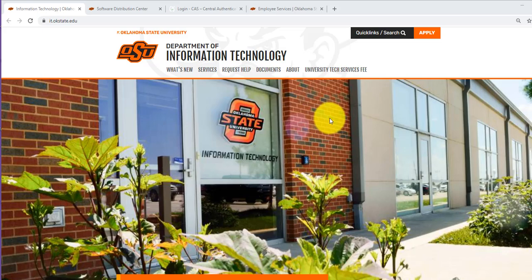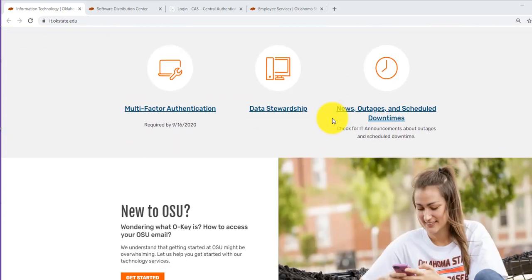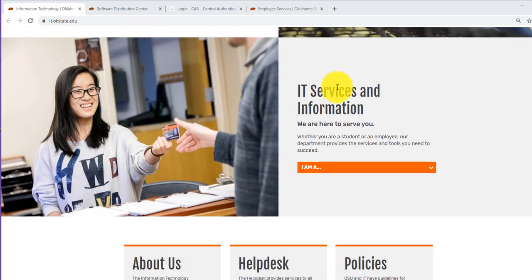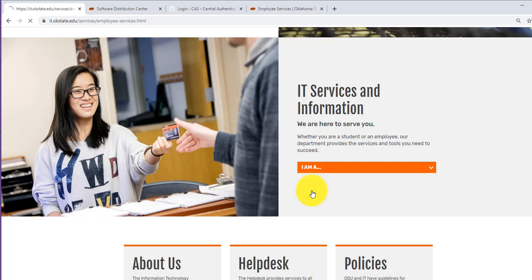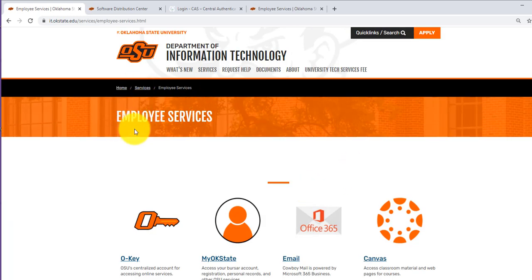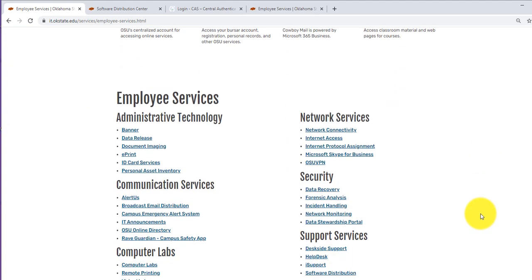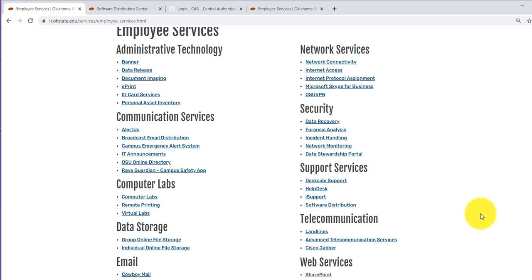So when you go to the IT website, then you want to scroll down and you look at IT services and information. You'll select that you're a student. I need to look at the employee option. And I have employee services listed here. You'll have student services, and so some of the things you see may be a little different for me than they are for you. But in this case, the thing that's the same is over here in support services where it says software distribution. That is the same for both of us. So if we click software distribution,